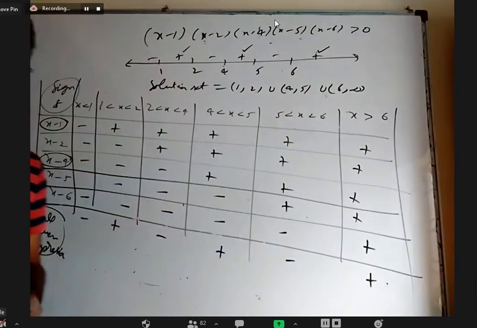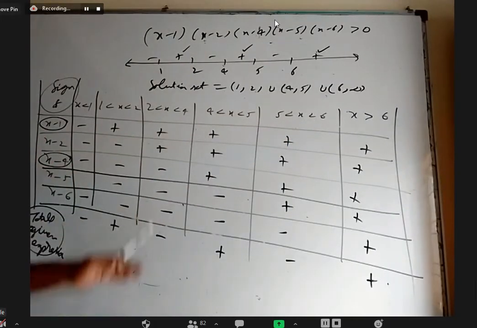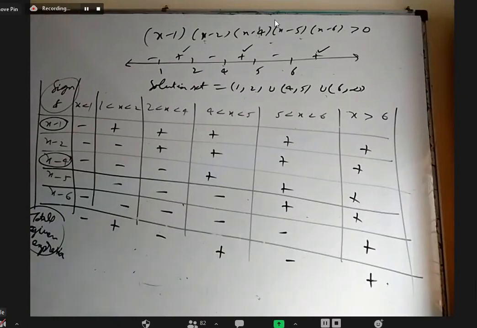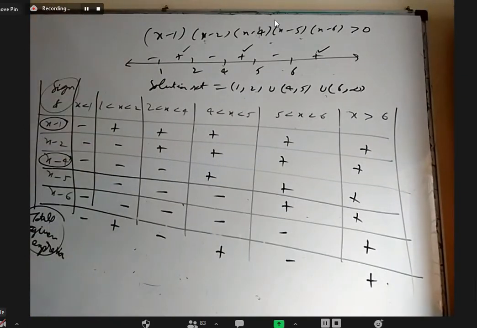Okay. So in the future, we will only write this and directly write the answer. We don't write all these things. But as a sample to get an idea how that is derived, you have to write all this. So just copy what is there on the board. Then we'll do exercise 4, all the odd numbers. After that, we will say goodbye to inequalities and go to logarithms.